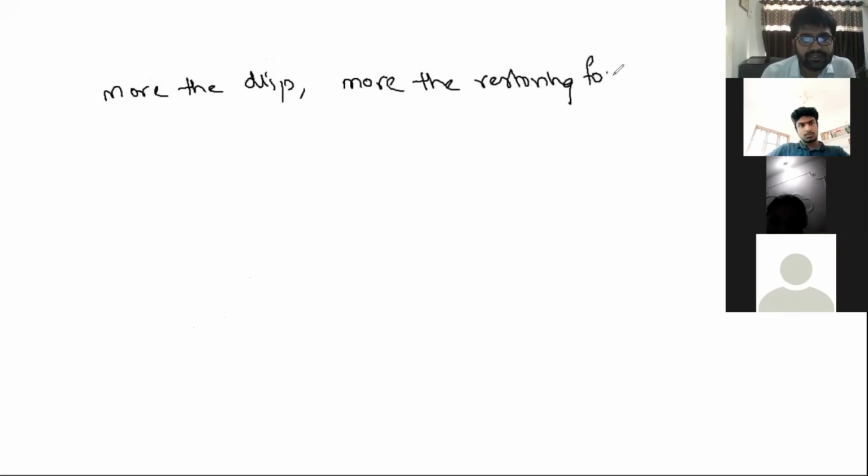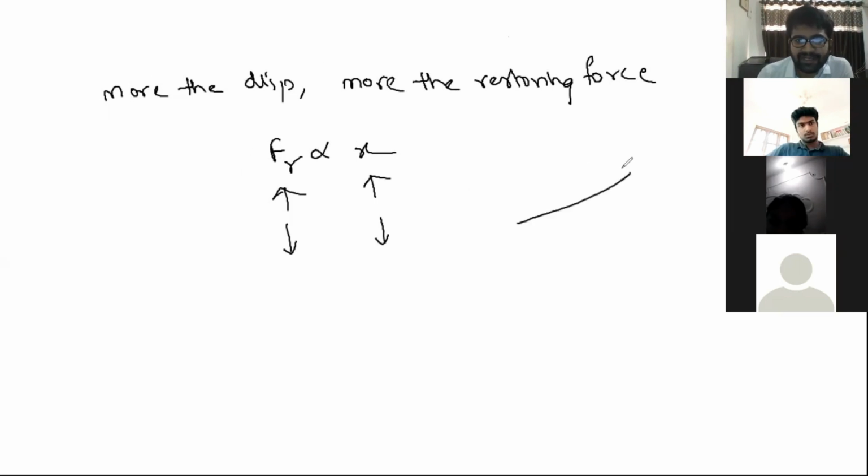So can I say the restoring force is directly proportional to displacement? Because if displacement is greater, then restoring force is greater. Displacement is less, then restoring force is less. But remember, displacement is a vector quantity, people. Force is also a vector quantity. And if the displacement is in the right direction, then the restoring force is in the left direction. Both are opposite in direction, people. So there will be a minus sign here. Did you understand from where this minus sign came? Because restoring force and displacement are in opposite directions.